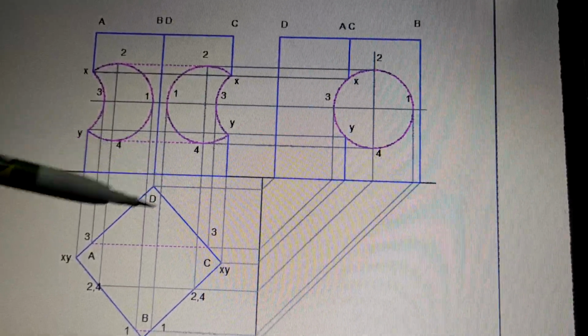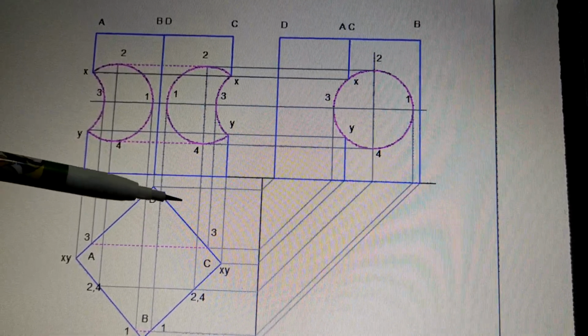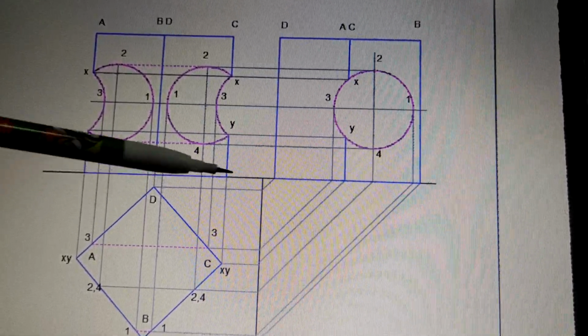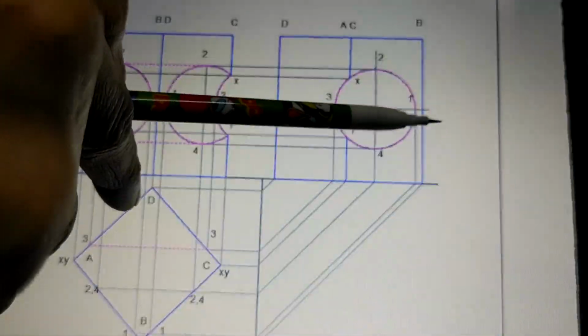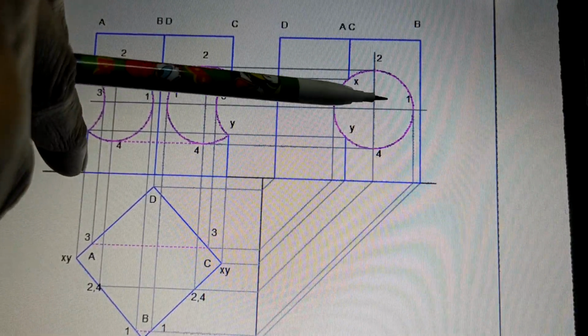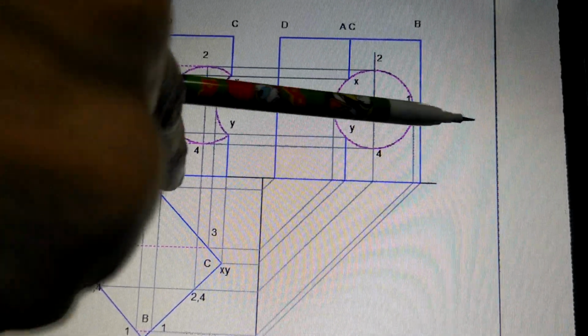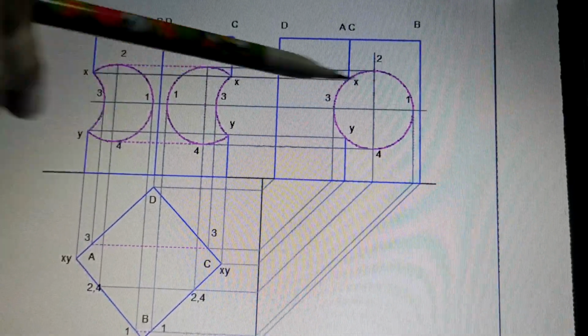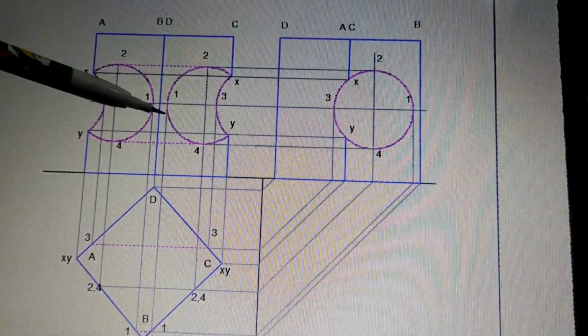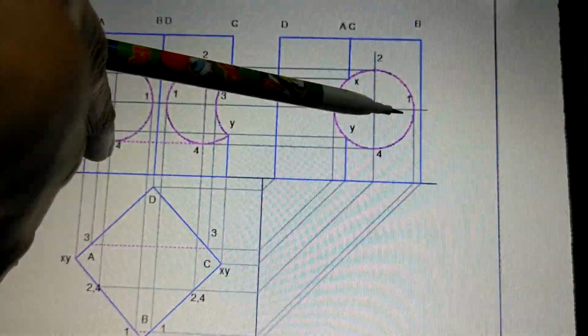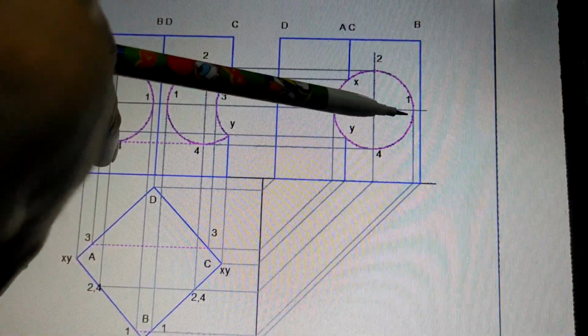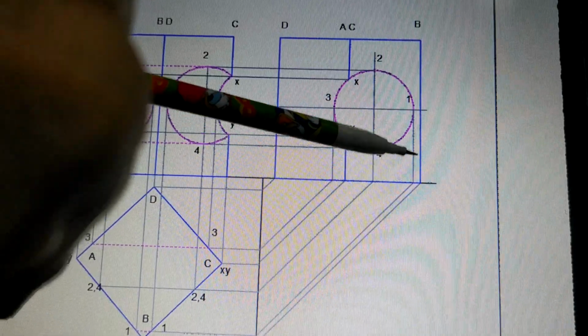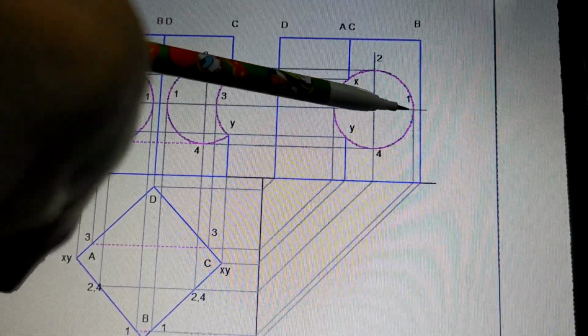Now having done this much, the next part is to join these points. For joining these points, remember that this side view, which is a right hand side view, when you look from this direction, from here to here, whatever you are seeing is drawn here. When you see from here, point number 1 is nearest to you. In fact, B is the nearest to you. Then after that, point 1.